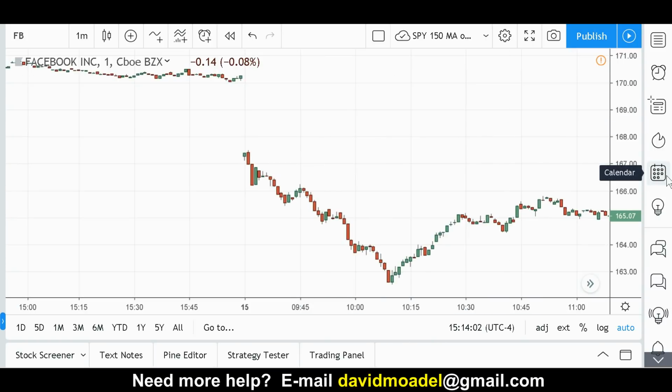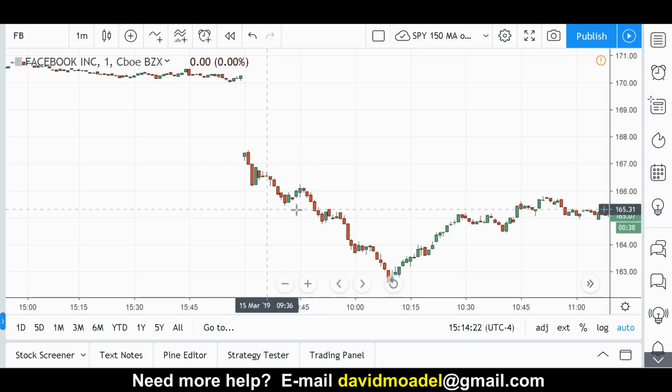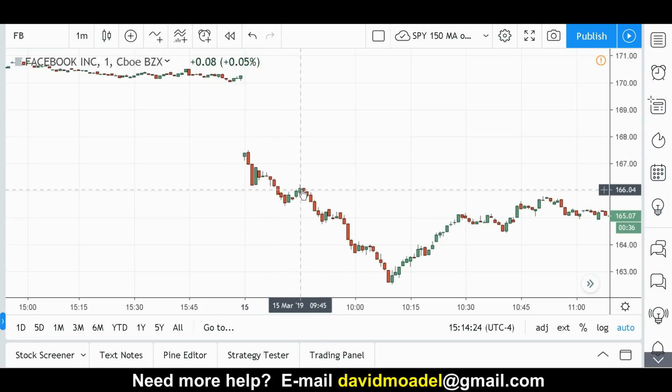We have Facebook here from today, the 1 minute candlestick chart, and you can see that it gapped down. Okay, here's 9:30 a.m. Eastern Time. It gapped down, and then I looked at the first 15 minutes until 9:45 a.m. Eastern Time, and so the range, the high of the first 15 minutes was here, the low was here, and so that's where the low is. And so I wait until 15 minutes are done, and then look at that, it broke, a candlestick clearly broke below and closed below the low of the first 15 minutes.